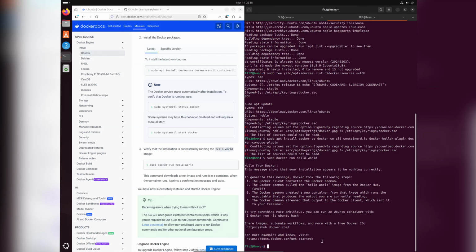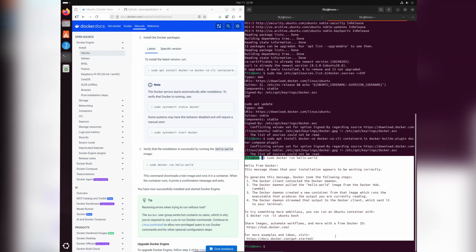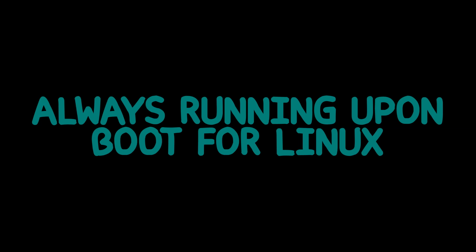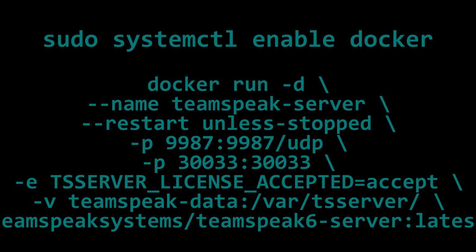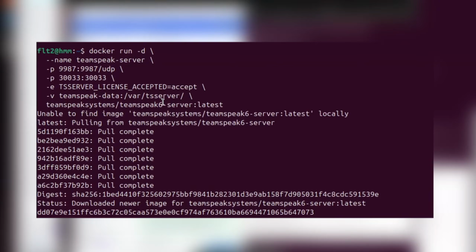For Ubuntu, the terminal will be how we run the server. Now, I didn't showcase this next part on the screen, but it will be labeled in the description, always running upon boot for Linux. The first command is to have the Docker engine run when you first boot every time, and the second command is used to create the TeamSpeak 6 server. And then once you are done with both of these, you should be told that the latest image was pulled,